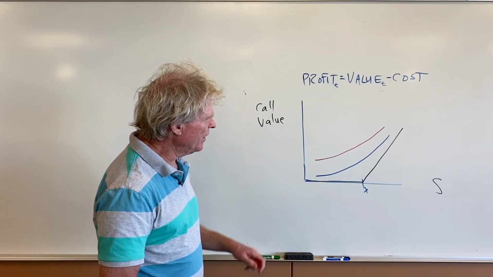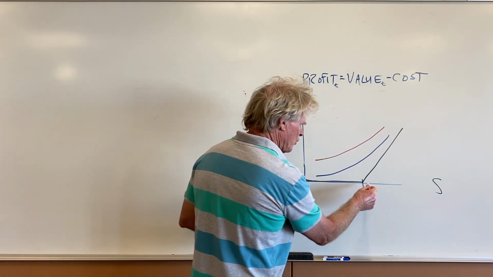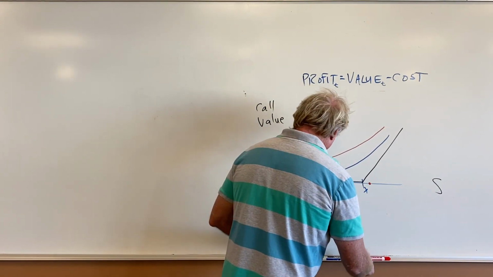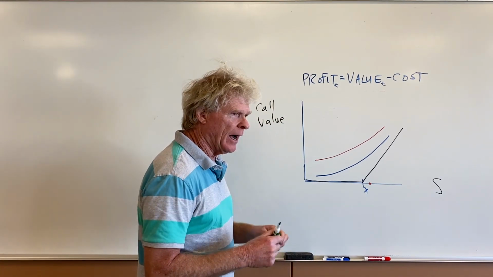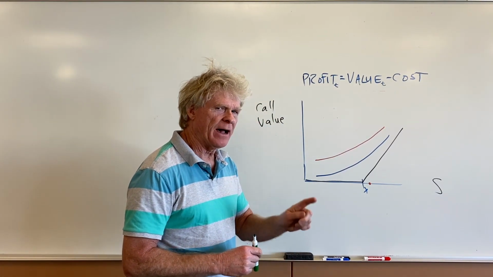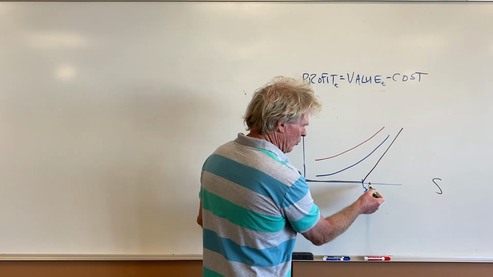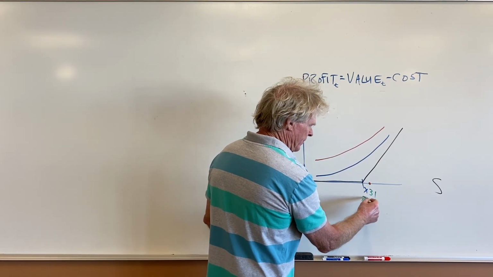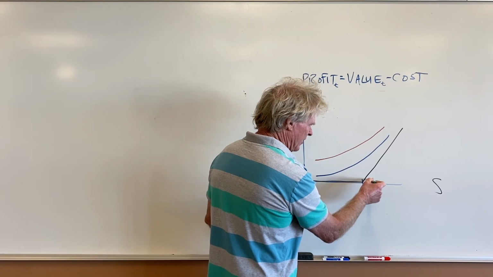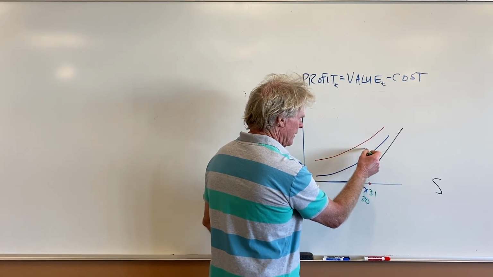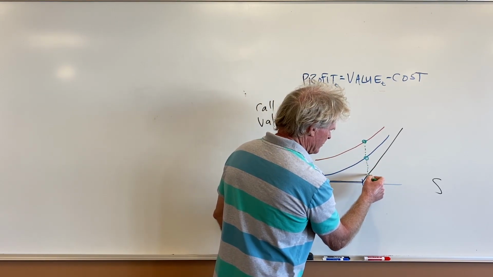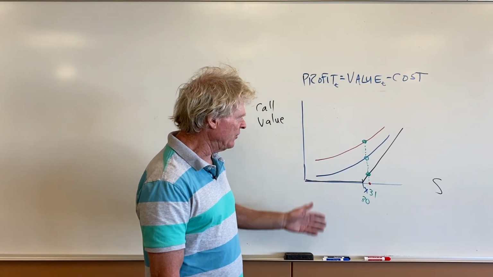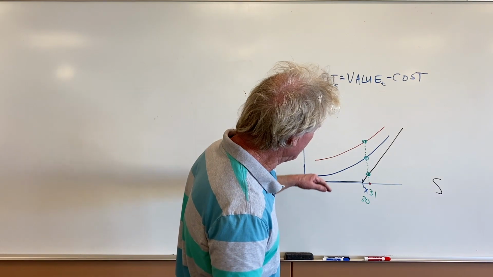Okay. And so to understand this, we're going to choose this stock price right there. And we're going to consider what will be the value of these options, each with different amounts of life remaining. And we're going to do that fixed at this price here. Say that price is 31, okay? X might be 30. And so we'll draw a dotted line vertically, and we're going to get 3 values, okay? And according to my drawing, which is based on some imagined pricing model for options, we